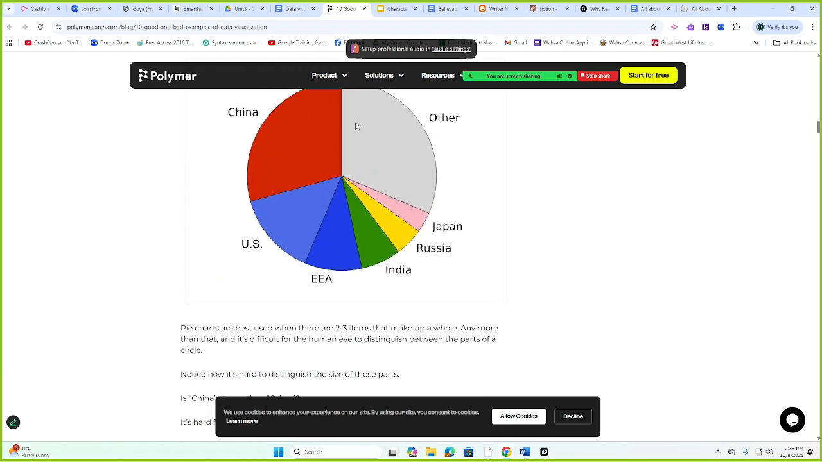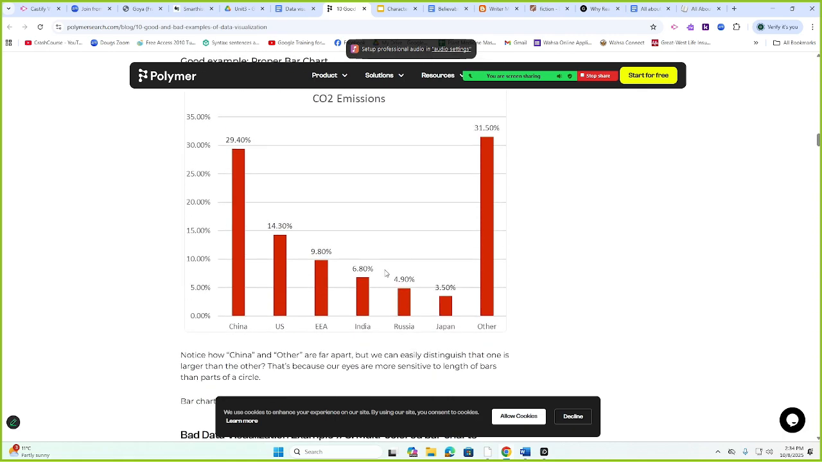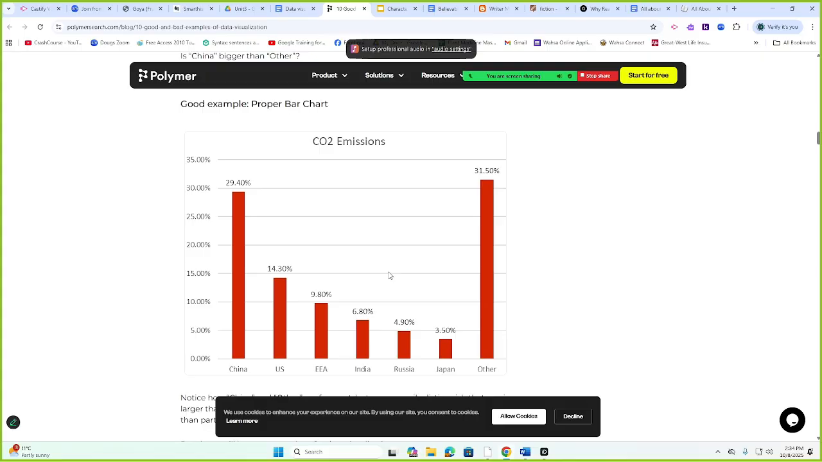Now here, we aren't able to get percentages, and Japan looks close to Russia, and EEA looks close to the United States. But there is a variance between them, and we can see that much easier with a proper bar chart. Right? We can see